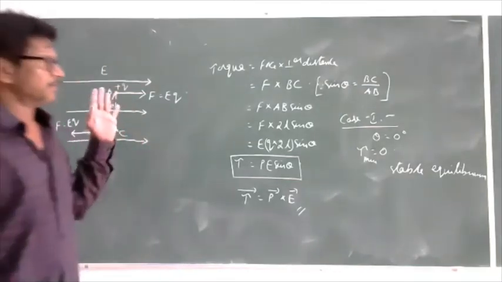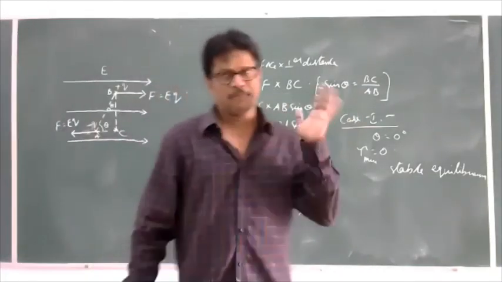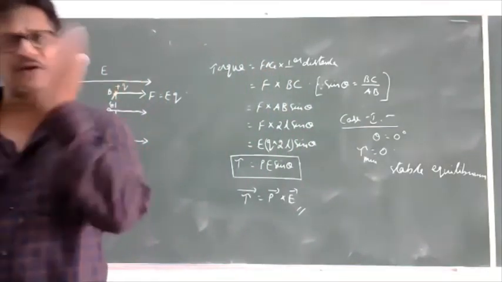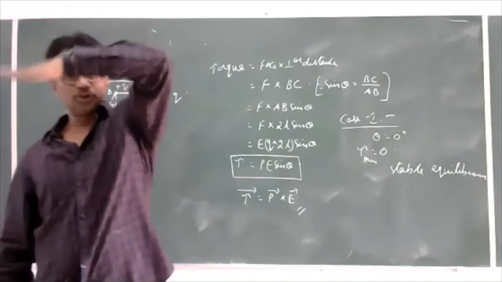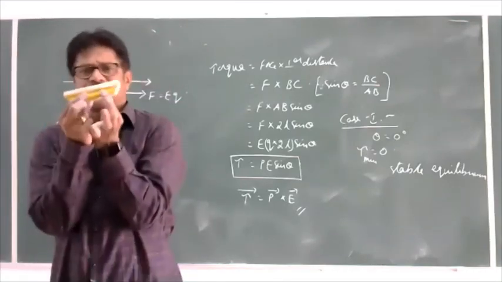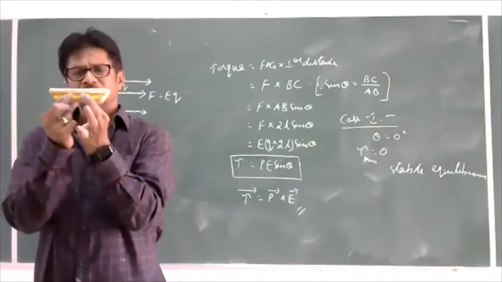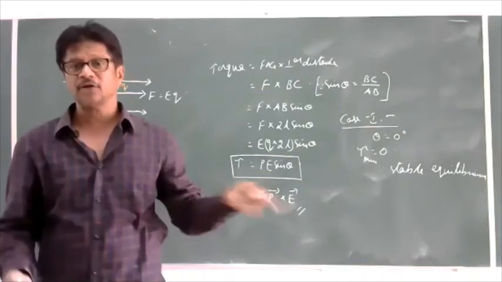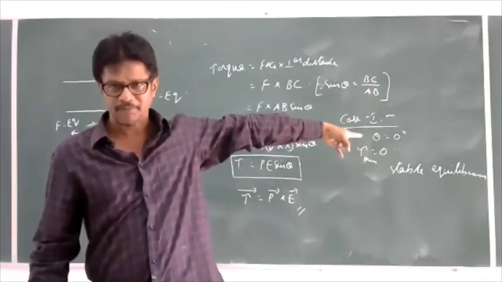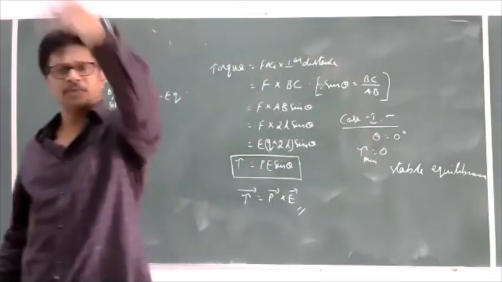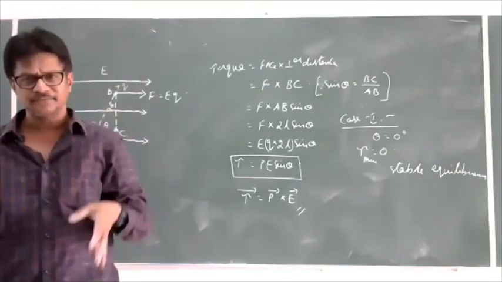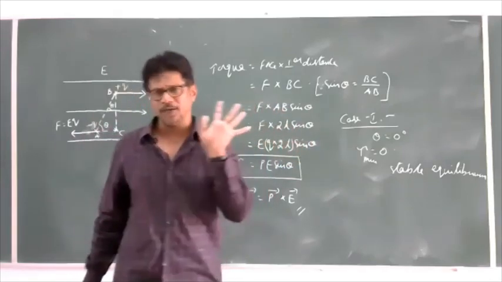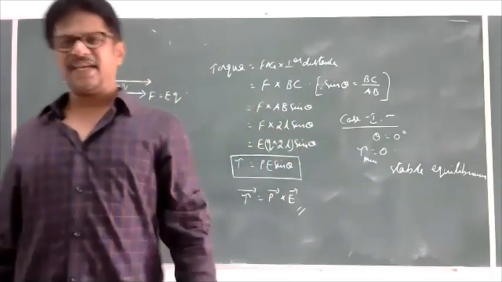Whenever an electric dipole is placed parallel to an electric field, it will not experience any torque. Because it will not experience any torque, this position will not change. It will always be like this only. So it is in equilibrium. Which equilibrium is it in? That equilibrium we call stable equilibrium. What is the condition for stable equilibrium as far as torque is concerned? If the torque is minimum, then the dipole will be in stable equilibrium. Next, case 2.